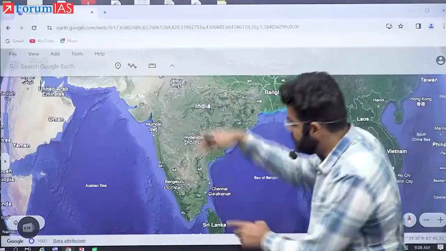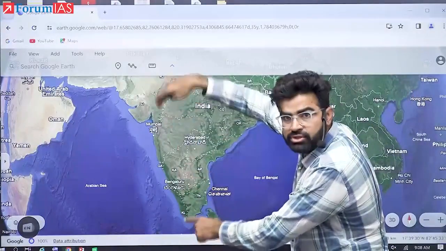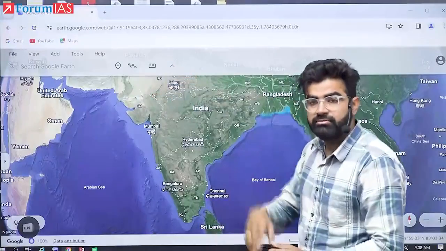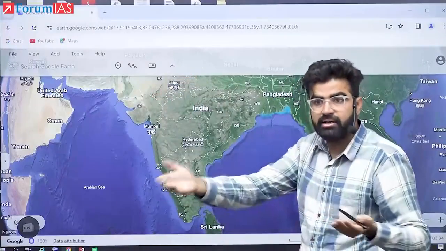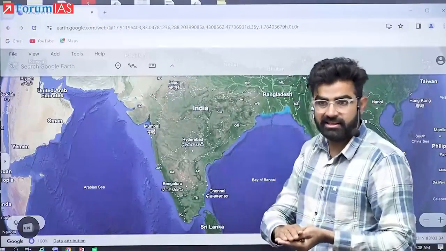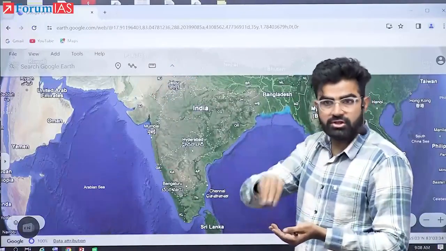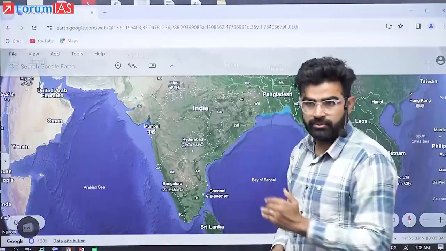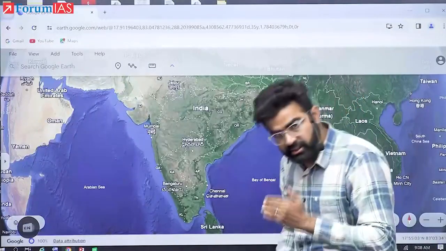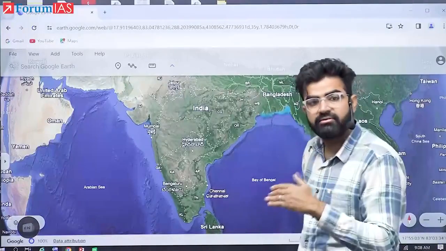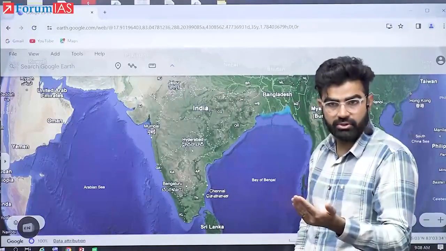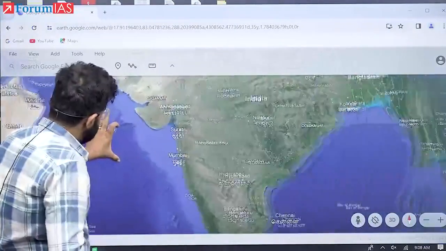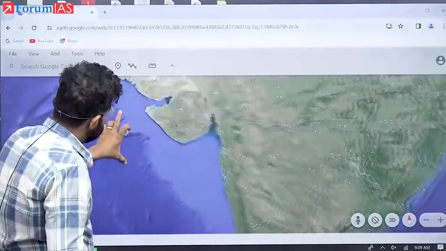I will discuss that. Now see here, all of the major ports are located on which side? On the western side. Why? Because the western side's continental shelf provides natural harbor facility. And second, because it is not heavily sedimented, it is easy for navigation also. Did you understand? So therefore, this is one reason why on the western side we have the major ports. I'll discuss these reasons. Now come here. We have these two areas. One is the Gulf of Kutch, one is your